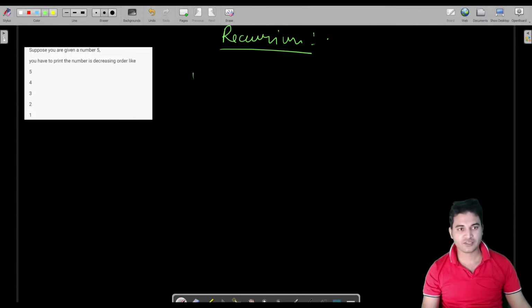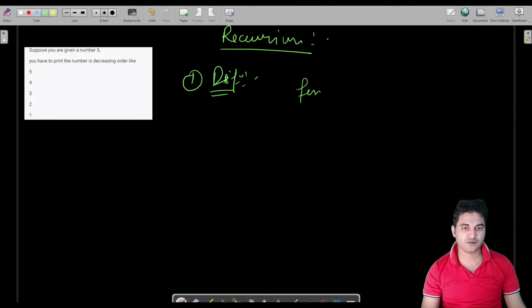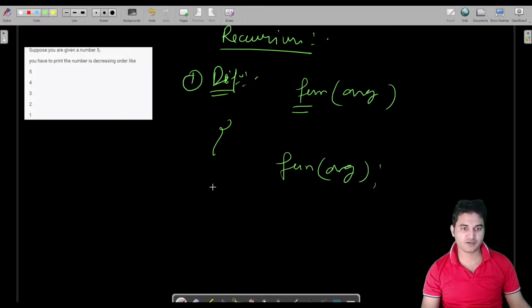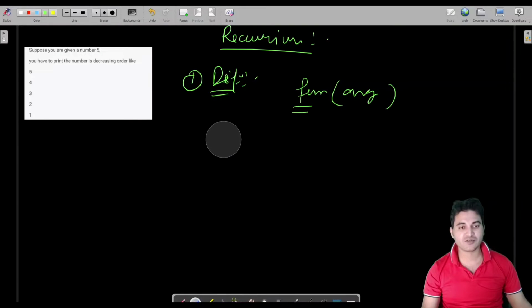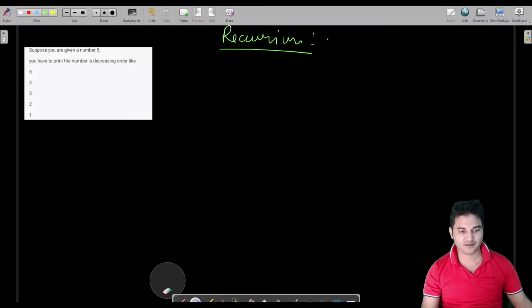First of all, the definition of recursion is, do not go by the spelling. The definition of recursion is that a function calls itself. This mechanism is known as recursion. Let us say you have been given a function called fun with some argument, and if this function is calling itself in its body with the same name and same argument, then this mechanism is known as recursion. The definition is very simple, but recursion is not as simple as that. Trust me, it is not.